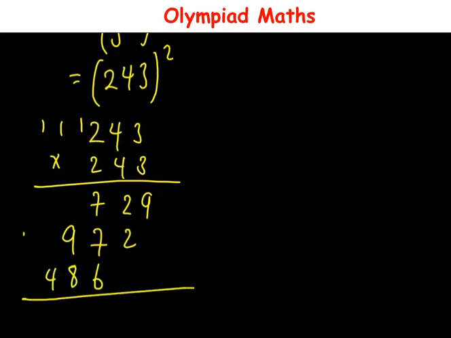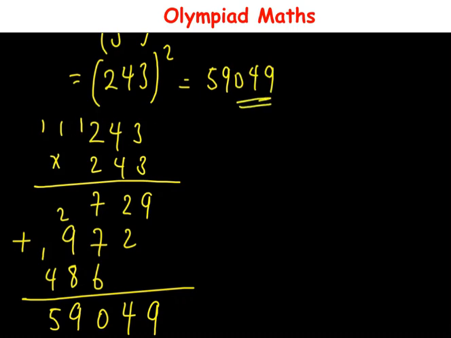Adding this up: 9, then 4, 7 plus 7 is 14, plus 6 is 20, write down 0; then 2, 2 plus 9 is 11, plus 8 is 19, write 9; then 1, 1 plus 4 is 5. So the value of 243 squared is